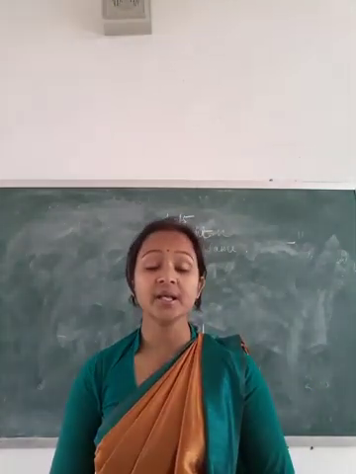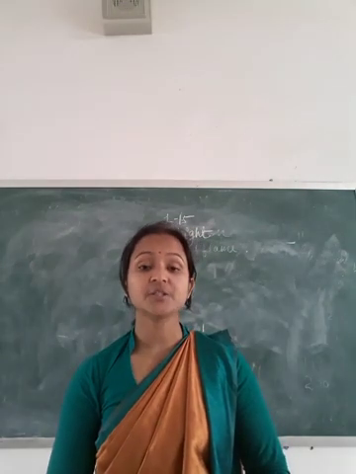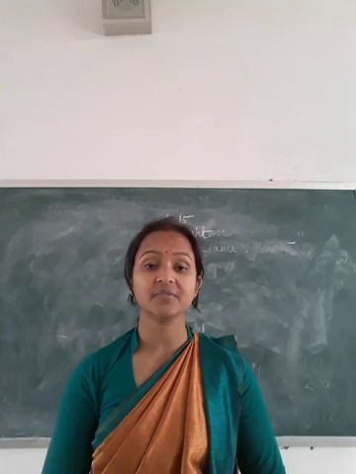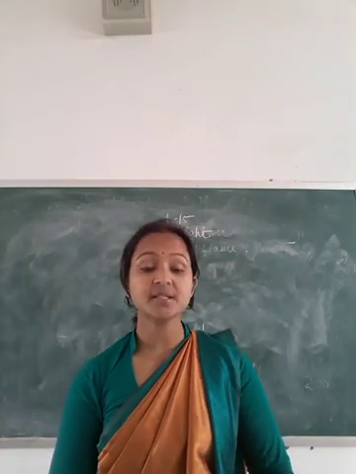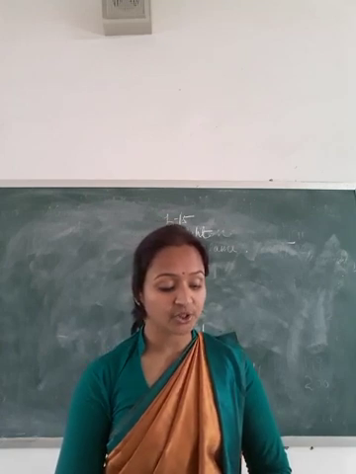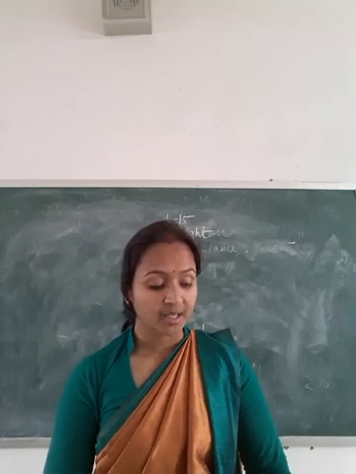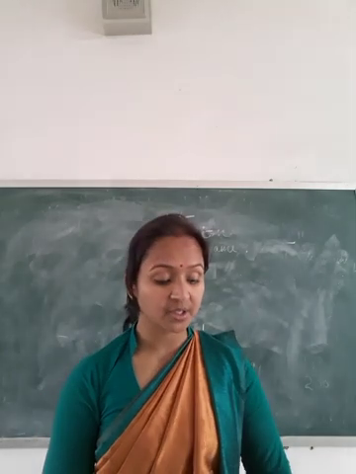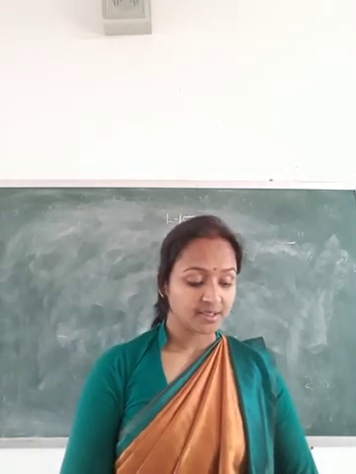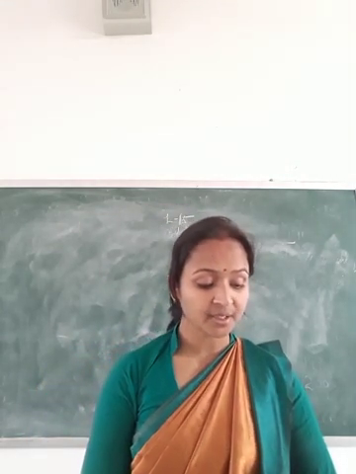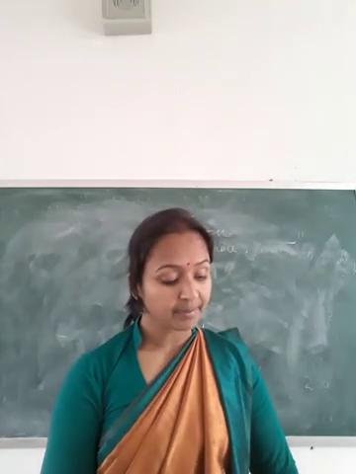What is the dispersion of light? The phenomenon due to which white light splits into 7 colors, that is VIBGYOR, is called the dispersion of light. What is an image? A view of a well illuminated object in a mirror or through a lens. Lens: a piece of transparent material which has 1 or 2 spherical surfaces is called a lens. Mirror: a smooth polished surface from which reflection takes place is called a mirror.